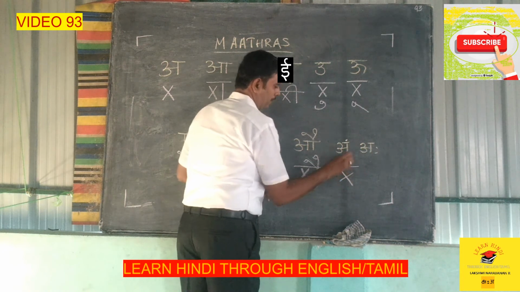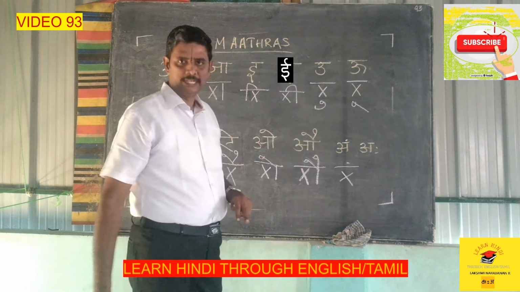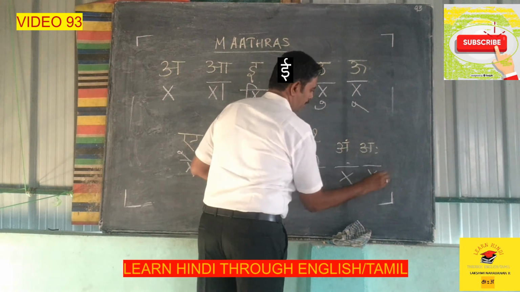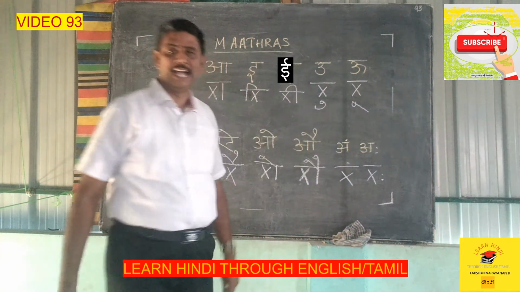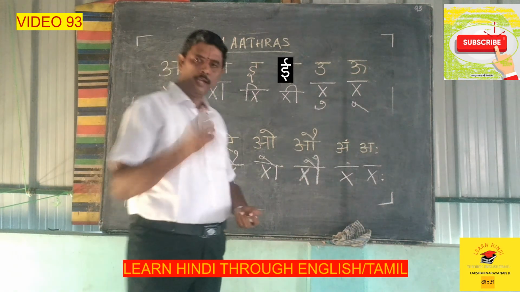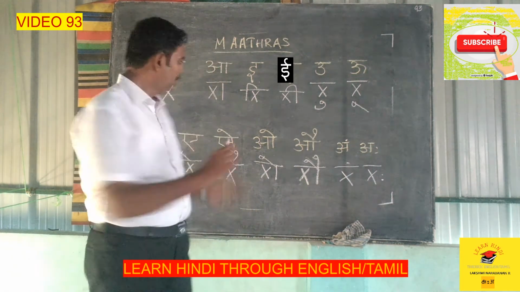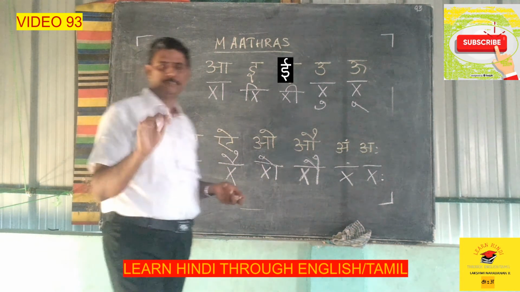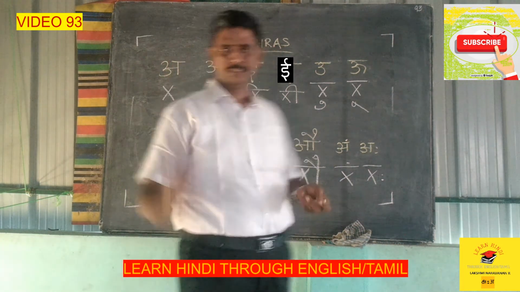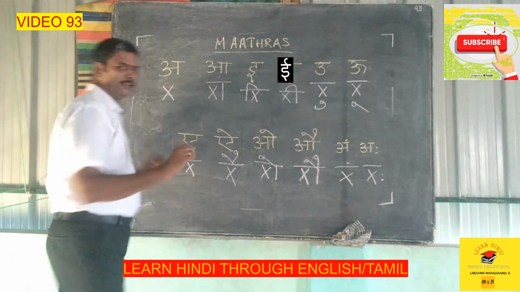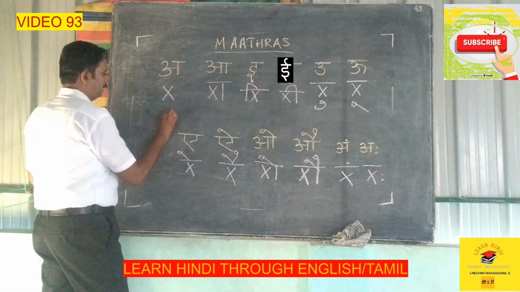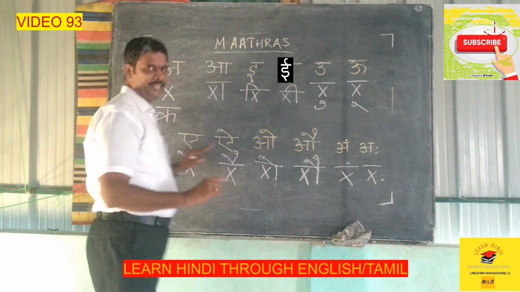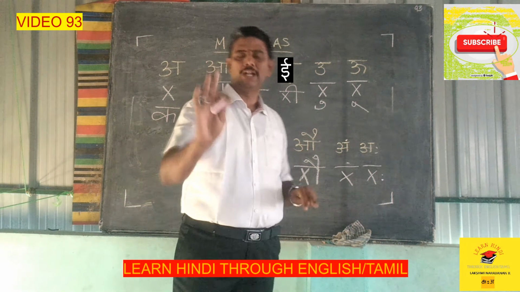Okay, next. Above the letter, if you make one dot, this is the letter. Above the letter, on the next side of the letter, if you make two dots, this is aha sound. Very simple. Now I am going to write, substituting instead of X, the first consonant K. Okay, very simple. Before that, let me write the same way all the letters. I make it K. Okay, this is for your understanding, but this is not the way to write.